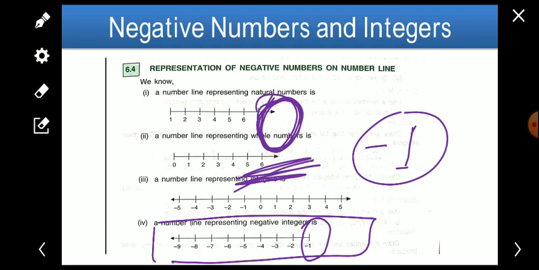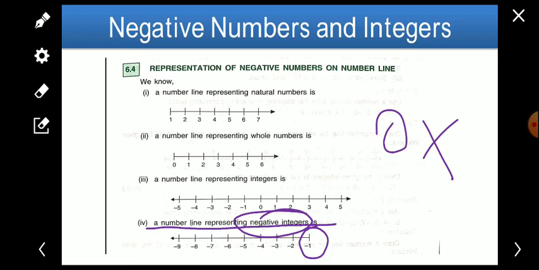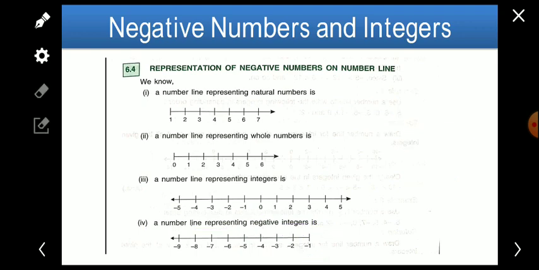It is neither negative nor positive, it is neutral. That's why if we have to represent the negative integers, we will start with -1, not with 0, because 0 is not a negative integer. It is an integer, but it is neither negative nor positive. So I hope you understood. When we represent the negative integers, we start with -1 and move towards the left. So -1, -2, -3, -4, like this we will move.